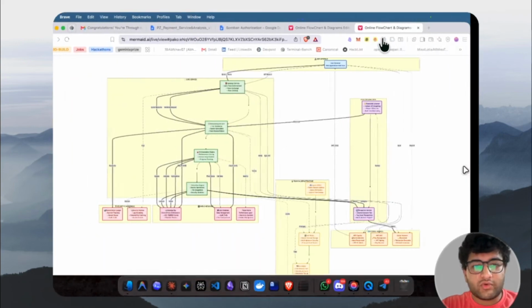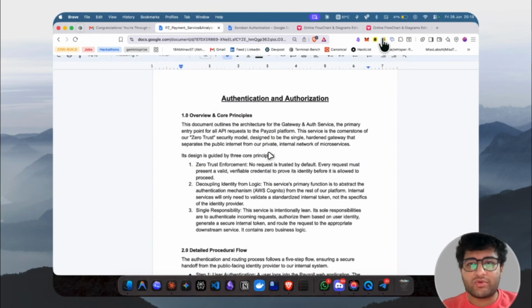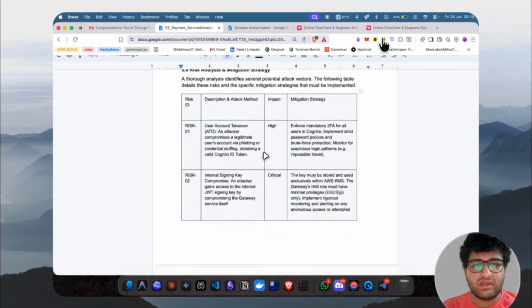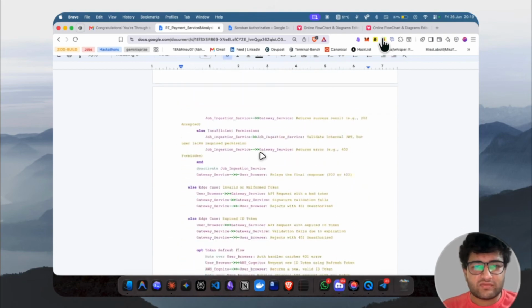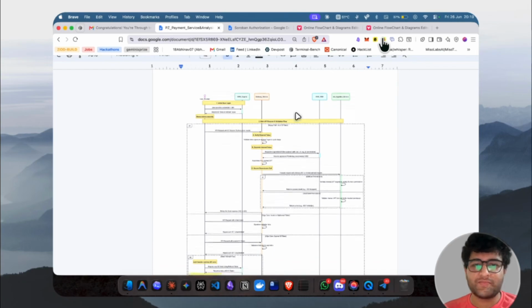Now, I don't want to bore you with too many charts because those are too big to understand. While I cannot show you the code because that is proprietary right now, this architectural documentation is entirely my design. I designed the entire authentication service. We created a job queue with KMS as well, to keep the keys safe. The initial Kafka service that the Stellar Disbursement Platform used to have was not efficient enough to manage multiple teams at the same time, so we had to create an ingestion service as well.